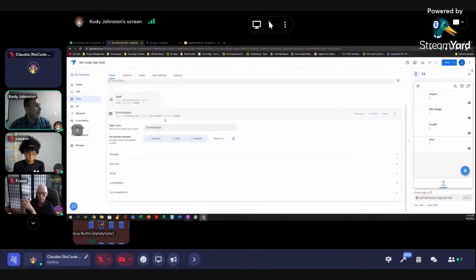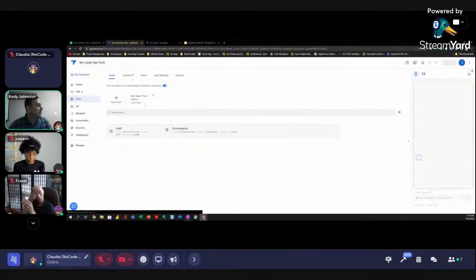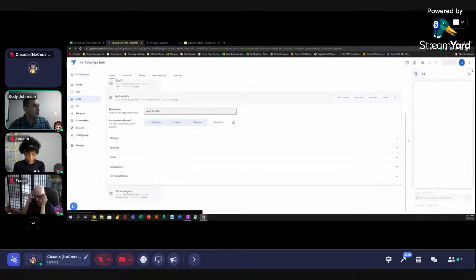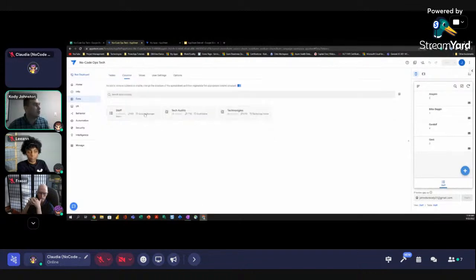Now, let's go ahead and add our other tables, the technology table I referenced earlier, and then the tech audit table to the app. So if you're in Excel, whatever data source you're in, you're going to need to manually add those tables to the application so that you can then create UX, UI, and automation on those tables. But more importantly than that, you need to add those tables because in this column structure, this is where the